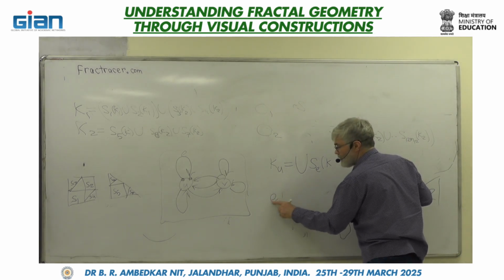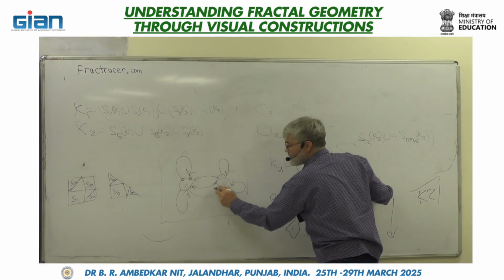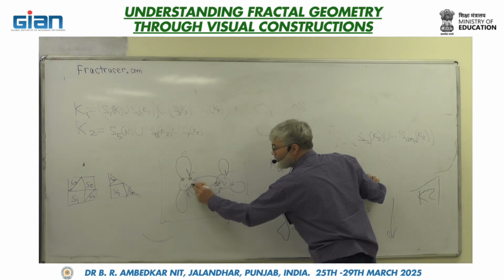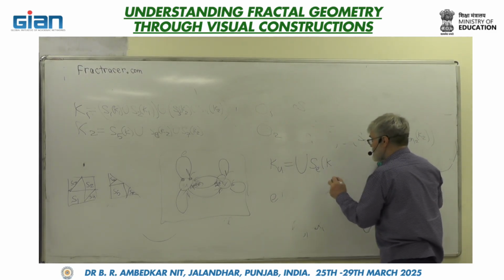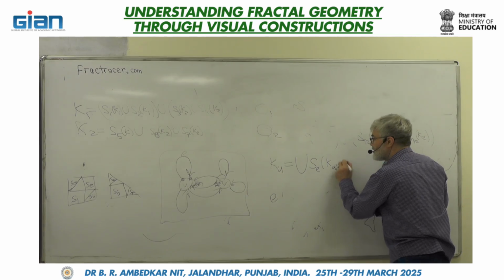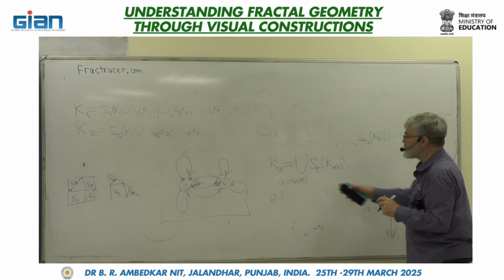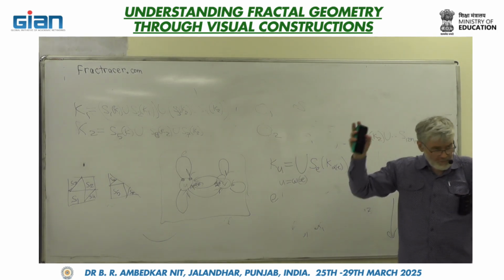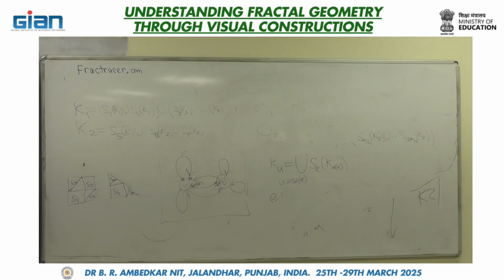So if we have an edge, then it has a beginning and an end. So it will be alpha of E and omega of E. Yes? So it will be S_E of K_alpha(E), but U is equal to omega of E. So we express it in this way, and we can write a very complicated graph-directed system in this manner. Yes.